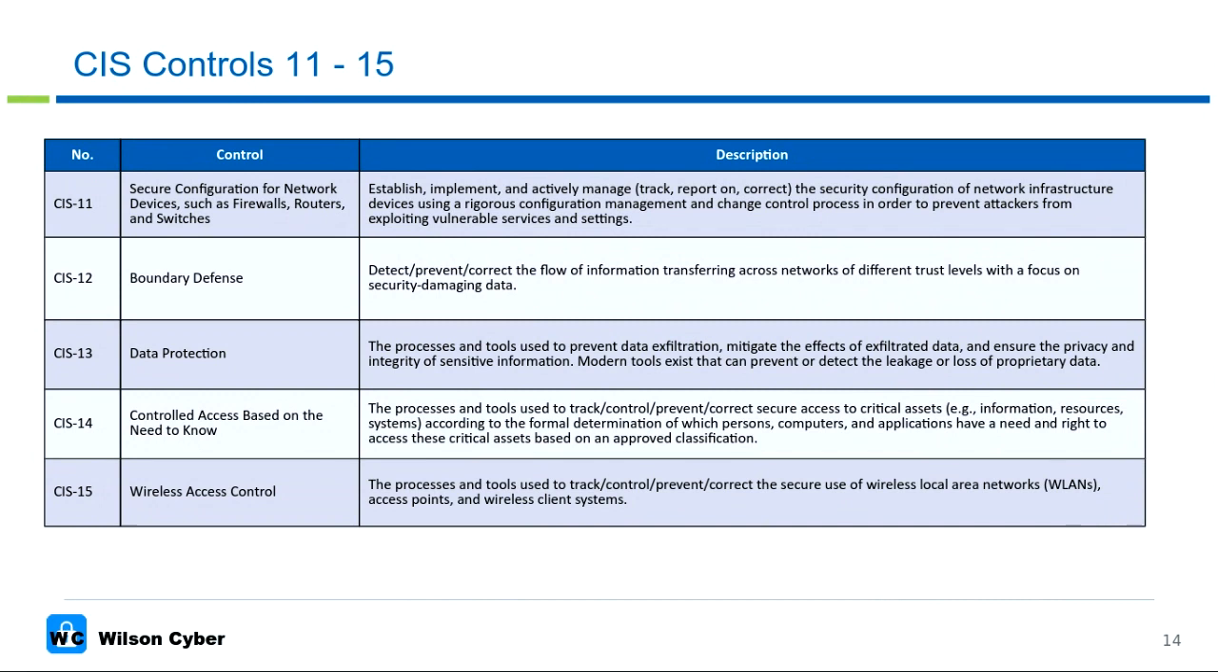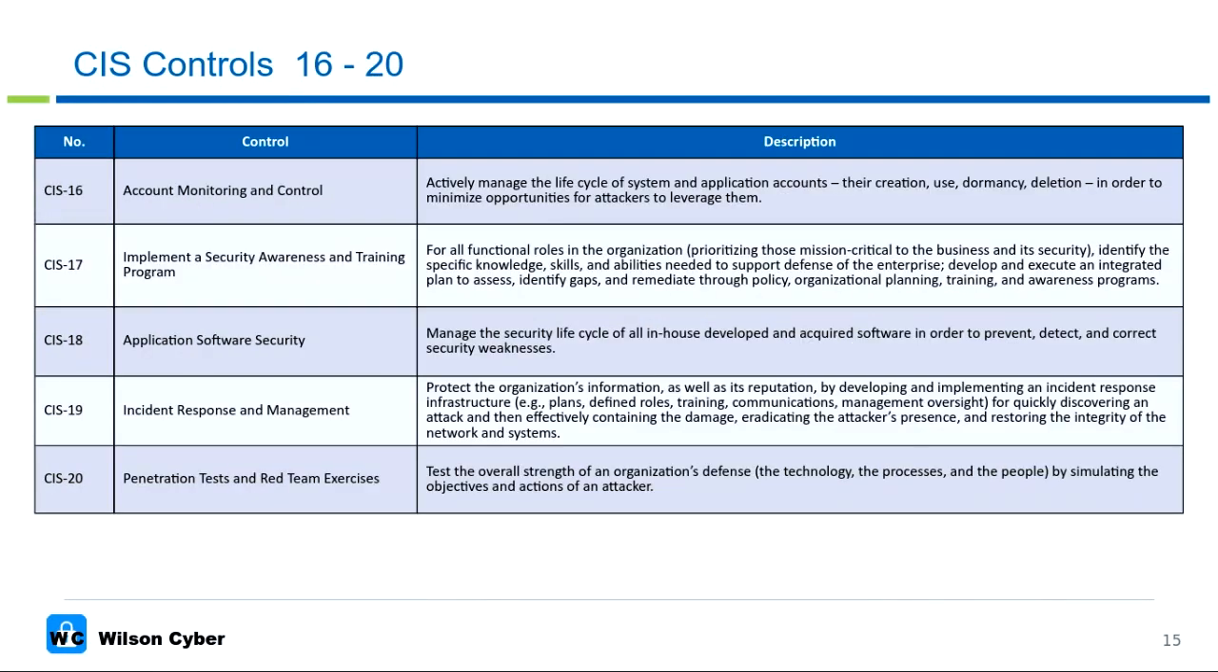Processes and tools to track, control, prevent, and correct the secure use of wireless local area networks, access points, and wireless client systems. Control 16 is account monitoring and control. Actively manage the lifecycle of system and application accounts, their creation, use, dormancy, and deletion, in order to minimize opportunities for attackers to leverage them. Control 17 is implement a security awareness and training program for all functional roles in the